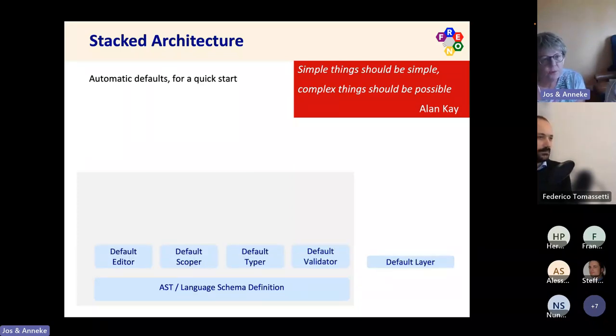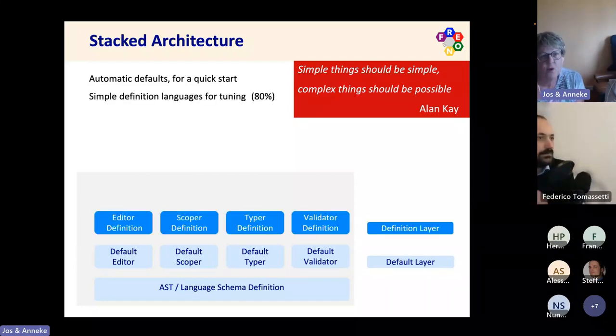And on that, we have automatic defaults, so that you can have a very quick start when you are developing a system based on a language. But we also have very simple definition languages, which give you already a basis for tuning the editor, the scoper, etc. All these aspects that I've shown earlier.